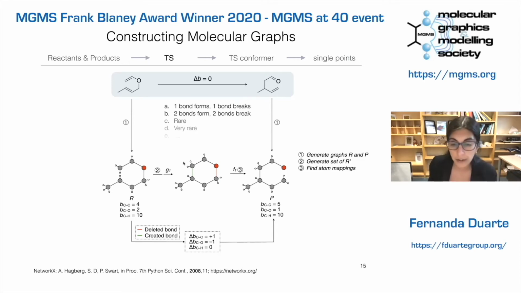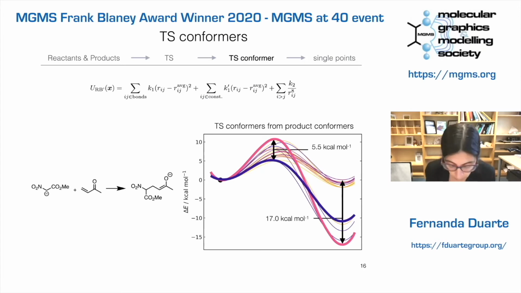So the labeling of this graph is very fast. From that, we can identify the bonds that will be formed and an idea of the reaction that will be taking place. We have a limited number of bonds that can be formed or broken, but so far we have seen that it has been sufficient to cover most of the chemistry. Once we start the optimization of the transition state, we have an initial guess, and we provide that initial conformation to the electronic structure package that we're using. We're introducing different optimizers to get a better representation early on in the system, but so far it depends very much on the electronic structure package that we are using.